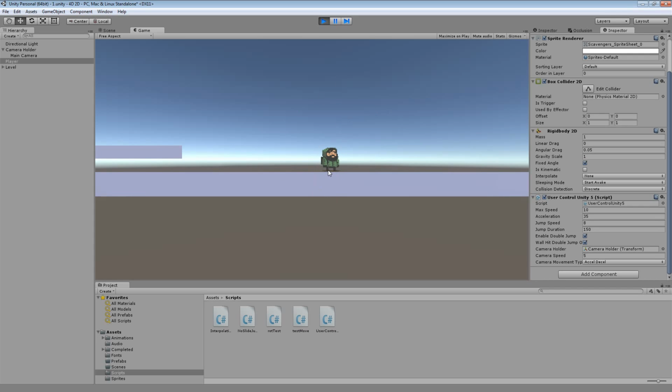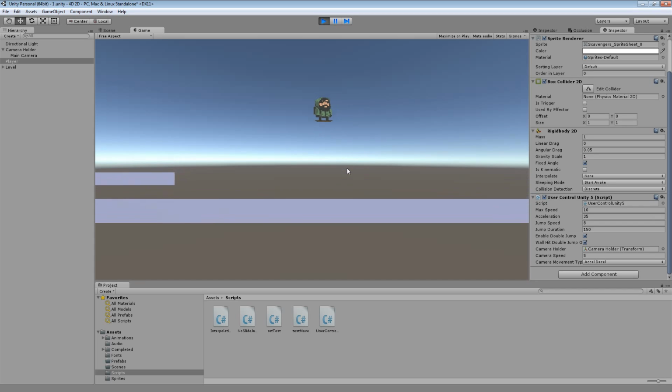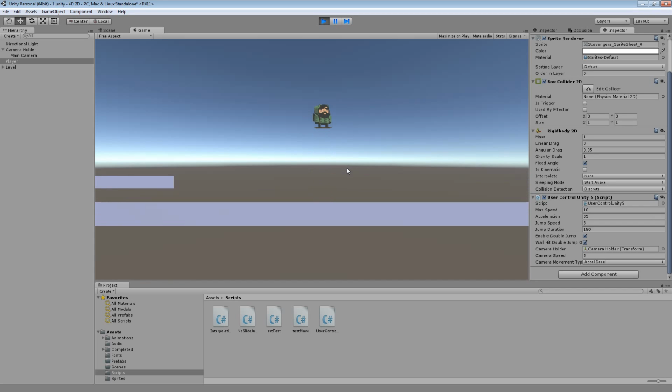So if the distance between the camera holder and the position of the player is greater than 2, only then it will move. But you will see that if I jump up, then the